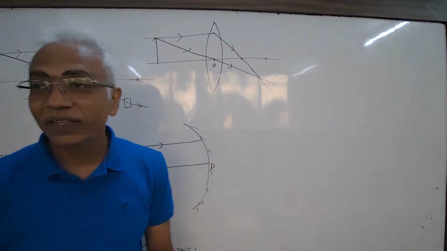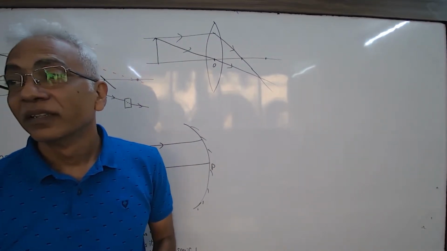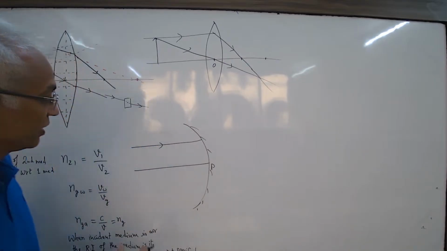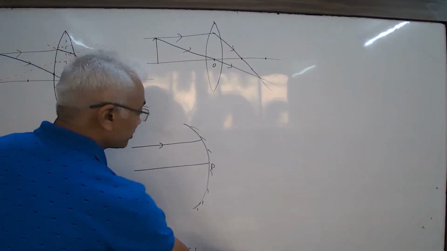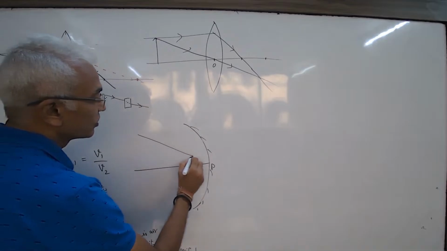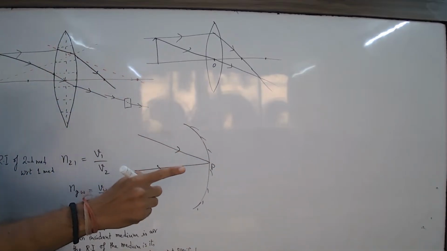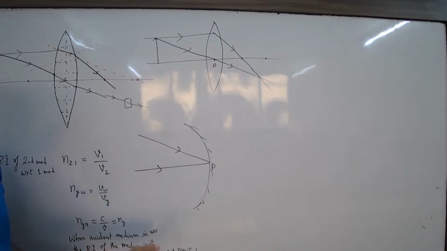Frame your question correctly. Like the ray passes straight to the pole. Ray incident on the pole, here or here along the principal axis. On the pole, like this, oblique. Then